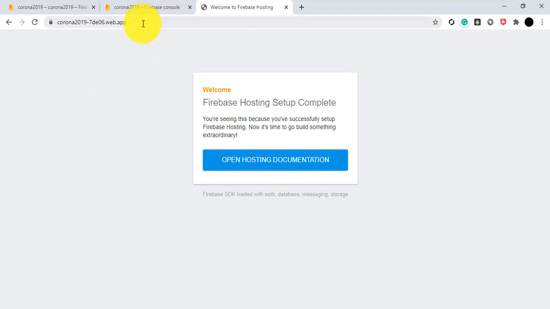Okay, so after deploying my Angular application to Firebase hosting, it will show the default welcome screen here, but it should not come here because actually your index.html file should come. So in my next session I'll show you how to resolve this issue, and your appropriate index.html output will be shown as per what you have run locally. So this one is the default welcome screen. In the next video I'll show you how to resolve this.